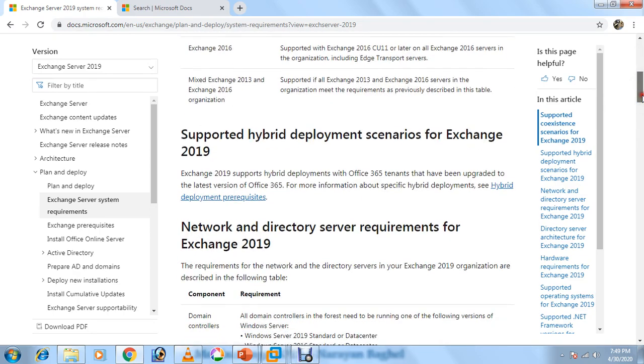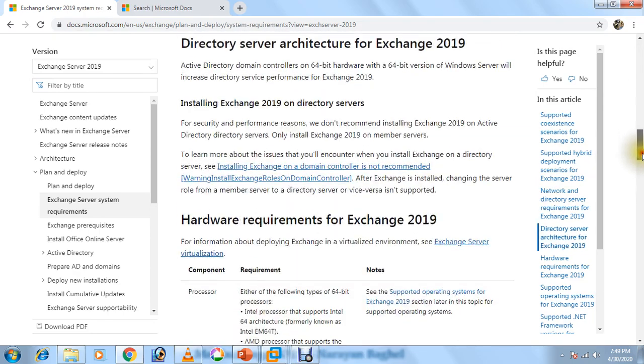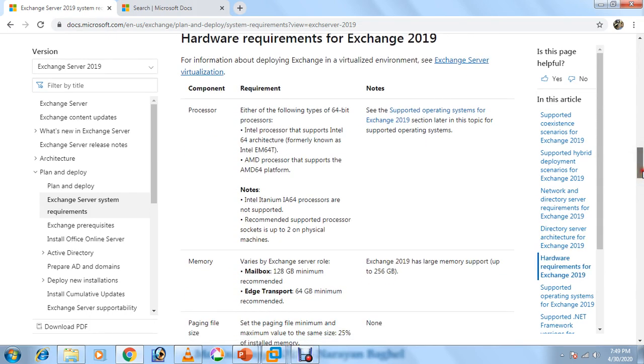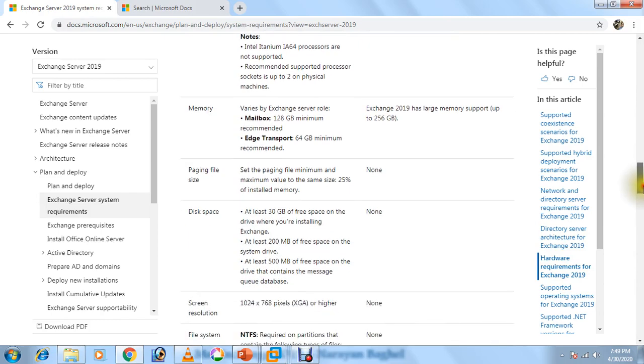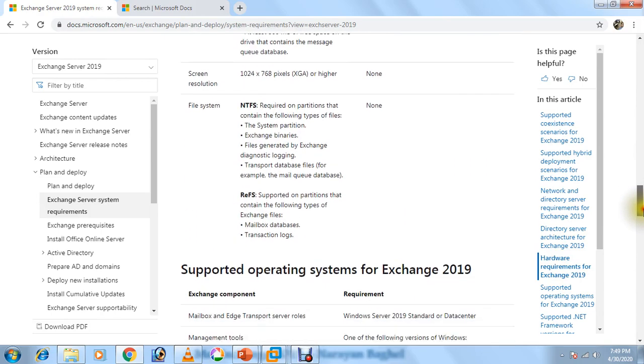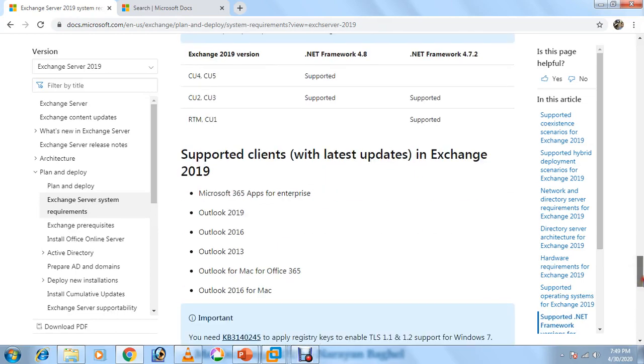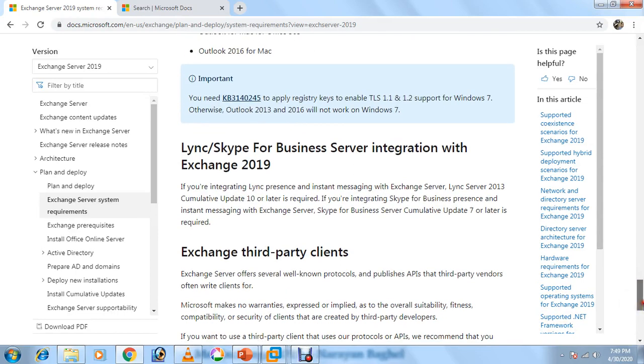That kind of information you can find from here. It is available: hardware requirements, processor, RAM, disk space, screen resolution, file system, operating system, .NET, and supported clients. There is also a link for Skype for Business Server integration with Exchange Server 2019. Lots of information you can check from here.